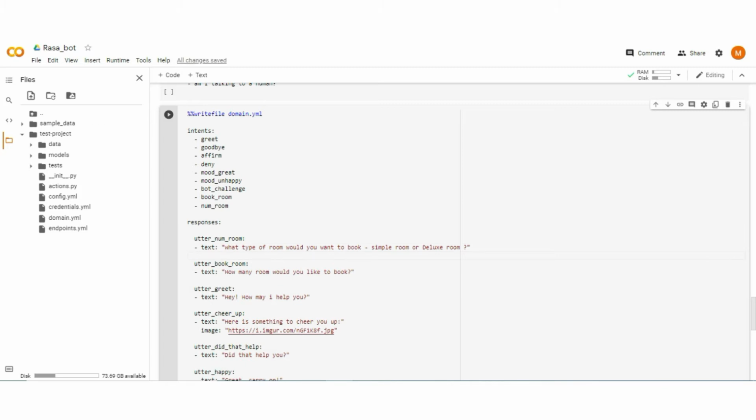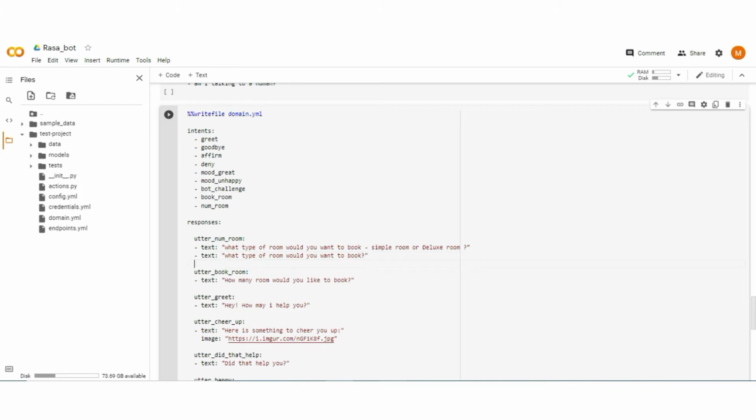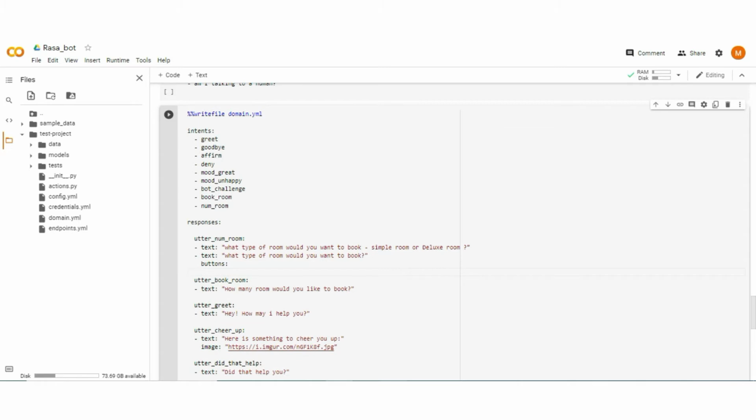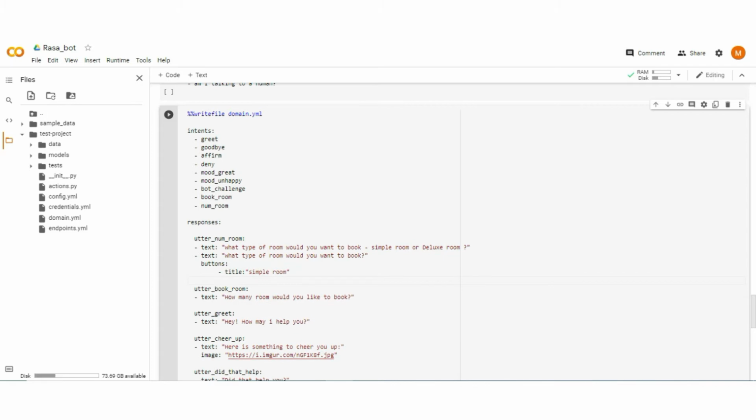We can also create a separate button for a simple room and a deluxe room. For that, we have to type a text, what type of room would you want to book. No text displayed. After that, we have to create a button section and create a title, simple room. Now the title of the button is created. When this button is encountered, what action has to be taken? So we have to treat this action as a payload. For that, type